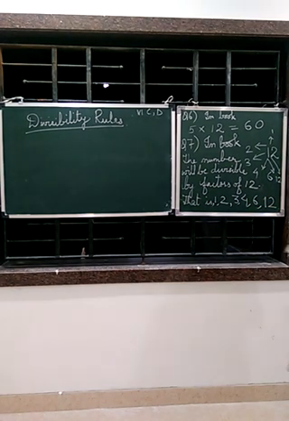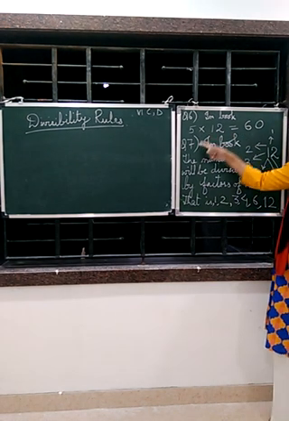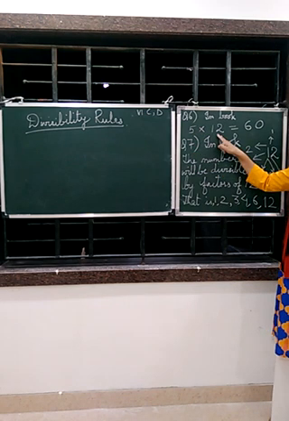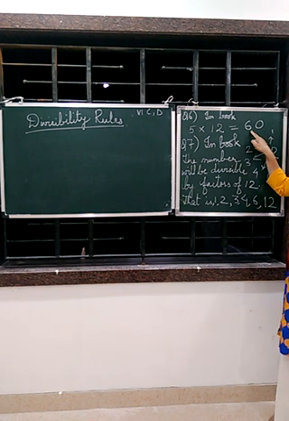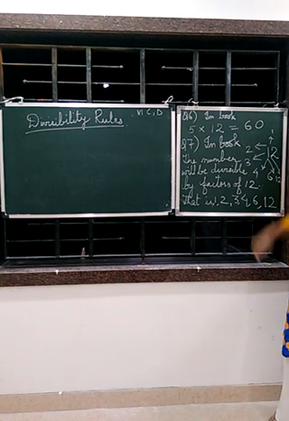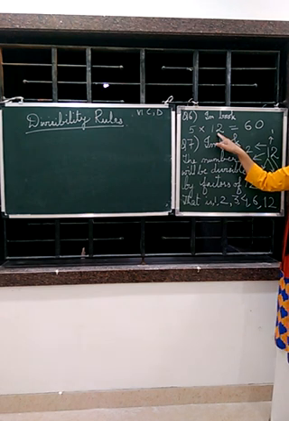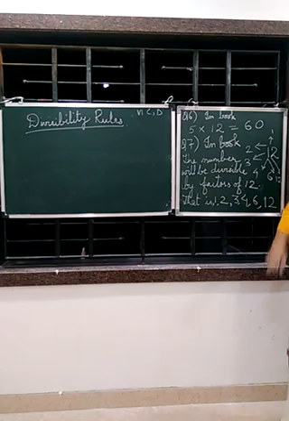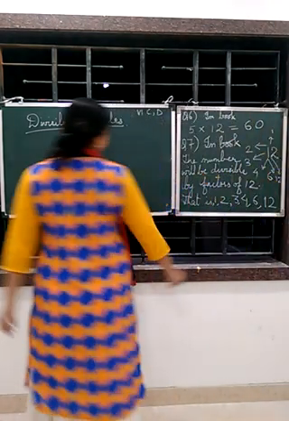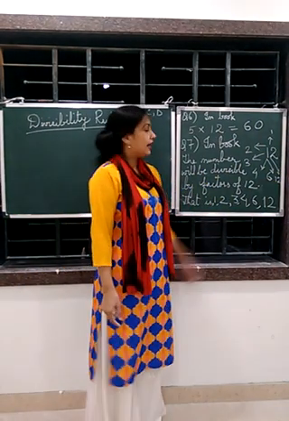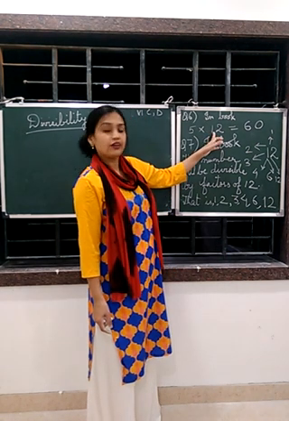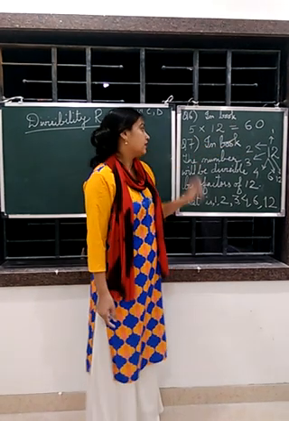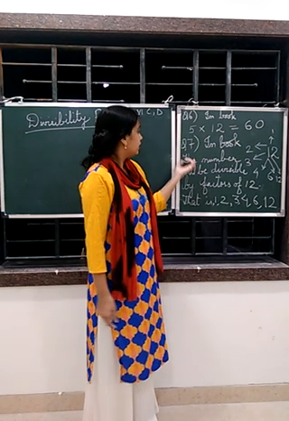So we have studied two new properties just now in question number 6 and question number 7. What is that? If a number is divisible by 5 and 12, then it is also divisible by its product. If a number is divisible by any two numbers, then it is also divisible by those two numbers' product. This is the first property we discussed. We took the example of 2 and 4, and even the example of 120, which is divisible by both 5 and 12, and it is also divisible by 60. Now, going ahead, this is another property.